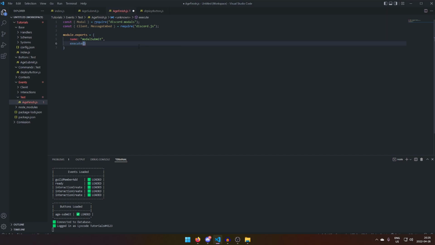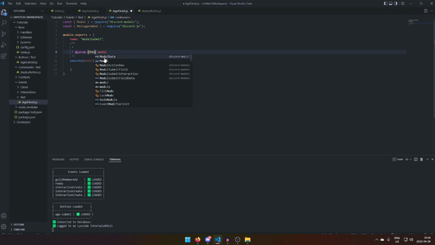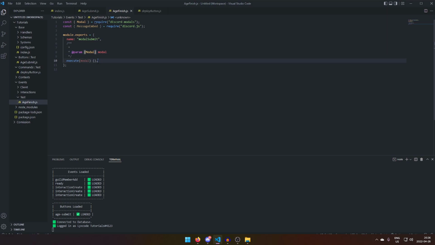Arguments always come first before the client, but we don't need the client in this case, so we're gonna execute only the model, and we're gonna grab our parameters. For that matter, I don't know why I'm requiring client, to be honest with you. I'm just used to it. So let's remove client, and we're gonna define model as model. Not that it matters because it doesn't give a lot of properties, but just so we can get a